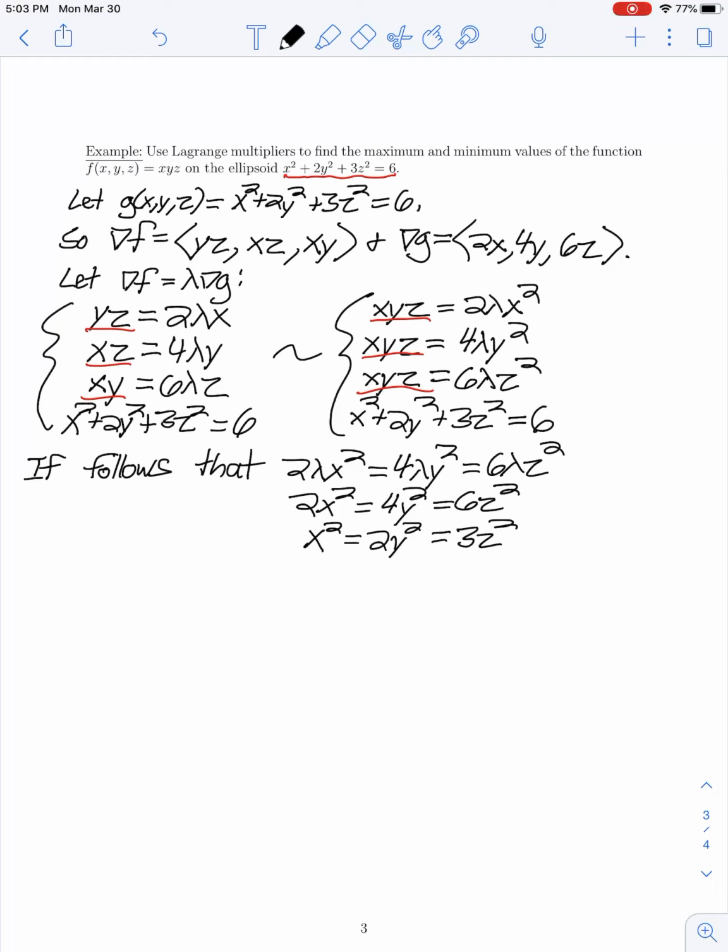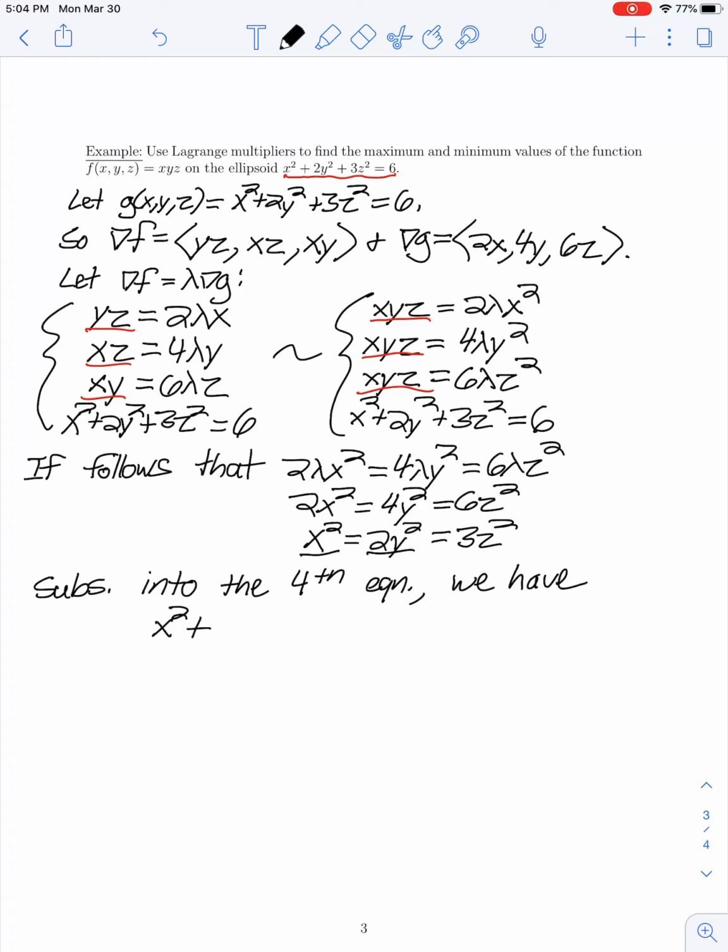And now taking these expressions and substituting into our fourth equation, we can reduce our equation to a single variable. So let's see what we have. If we substitute into the fourth equation,